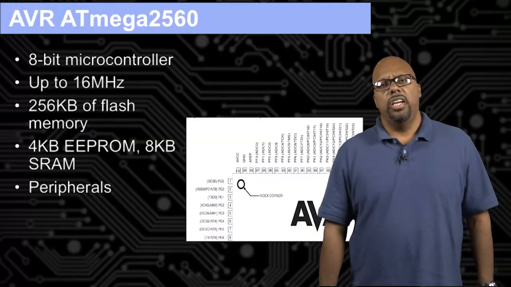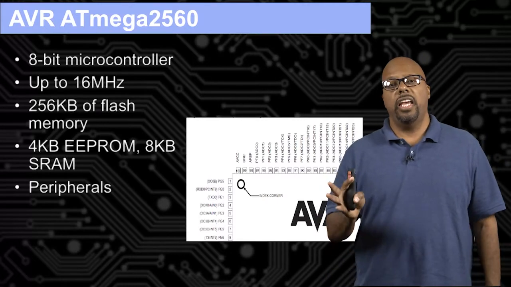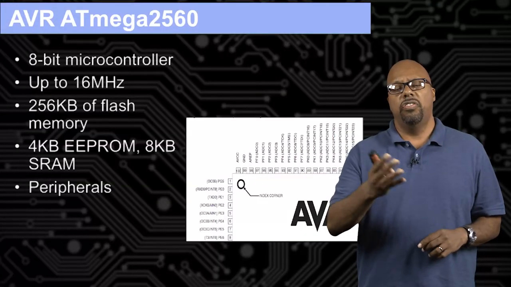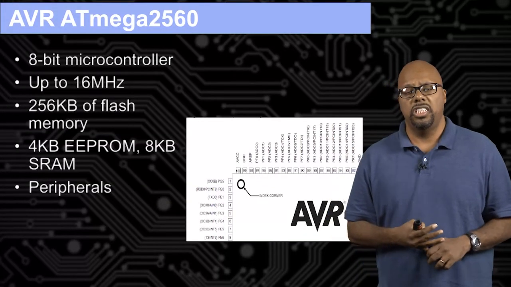So first, here's a picture taken out of a data sheet for an AVR Atmega 2560 microcontroller. This Atmega 2560 is not the same as what's in the regular Arduino. In the Arduino Uno, it doesn't have this. Actually, I think there is an Arduino that uses one of these. But this is the same series of processors that you find in an Arduino. And here's some of the information that you would find right on the front page of the datasheet.